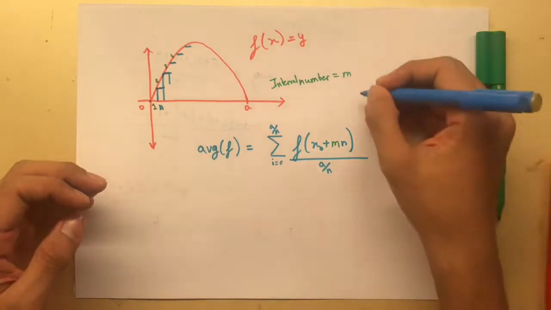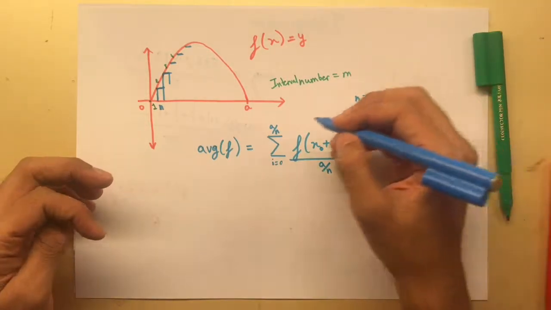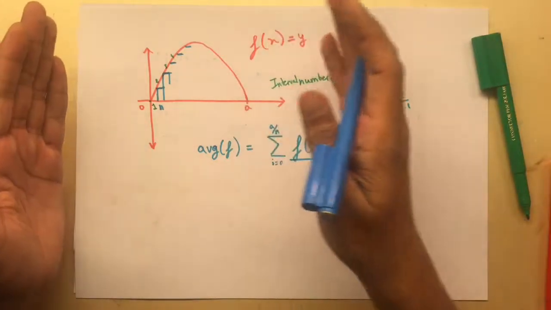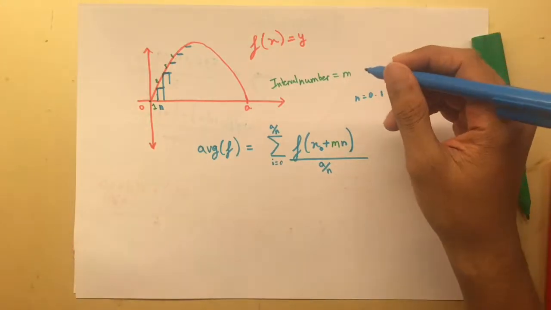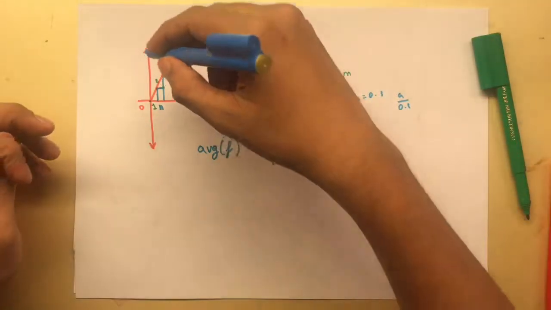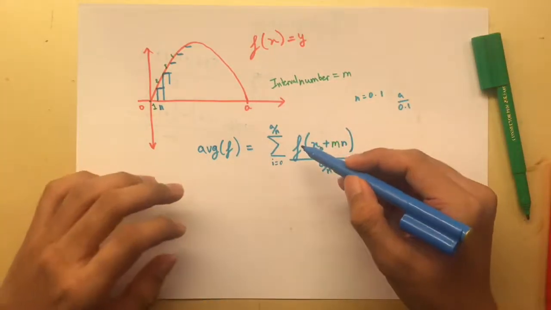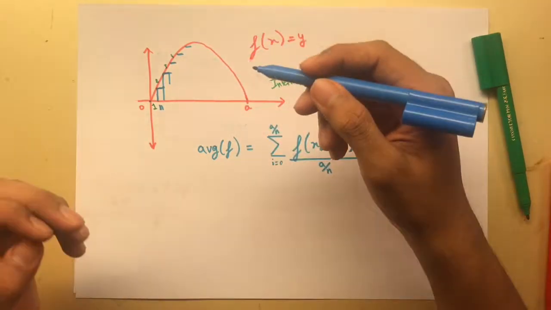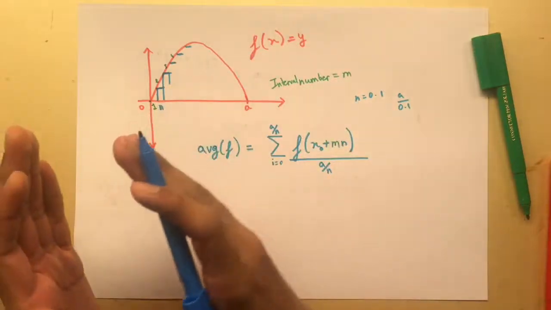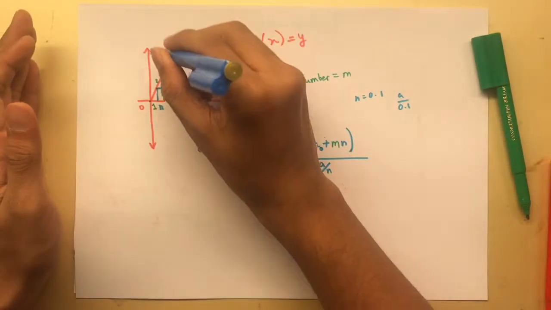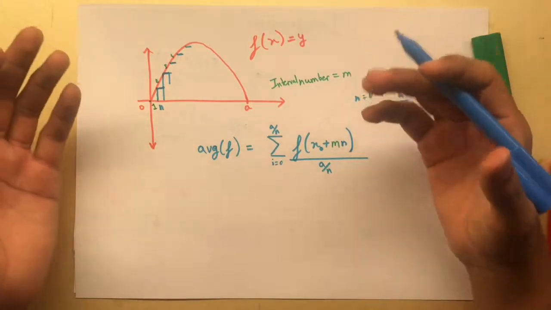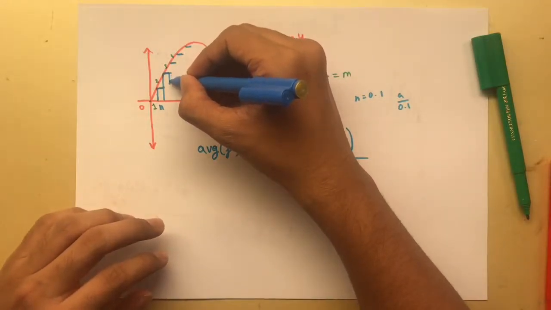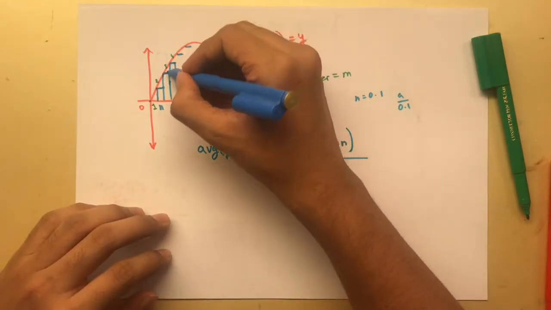If we say that n is equal to 0.1, then we would have a upon 0.1 intervals between 0 and a, where m is the interval number. So what we're doing here is adding each value of the function at these points, and since they're all equal, we do not have to weigh them, so multiply them by different constants, and we're dividing them by the number of intervals that we take, and that should be a good approximate of the average value. However, there are points where